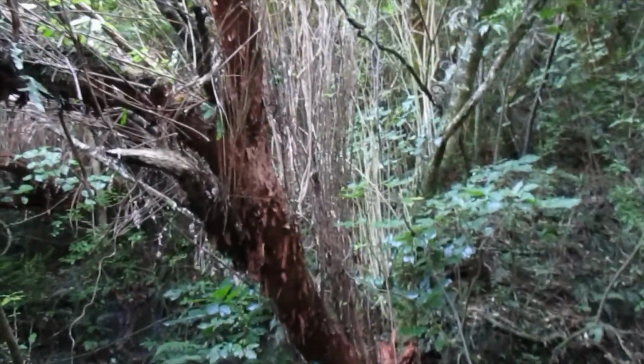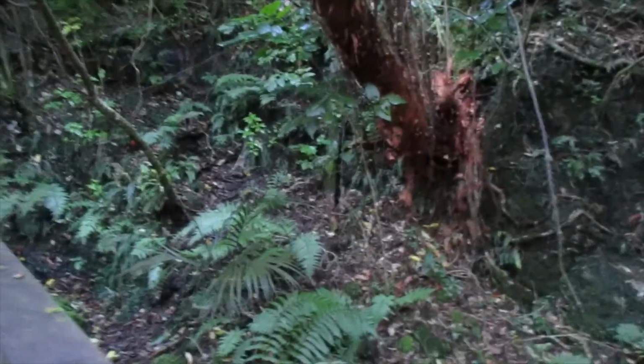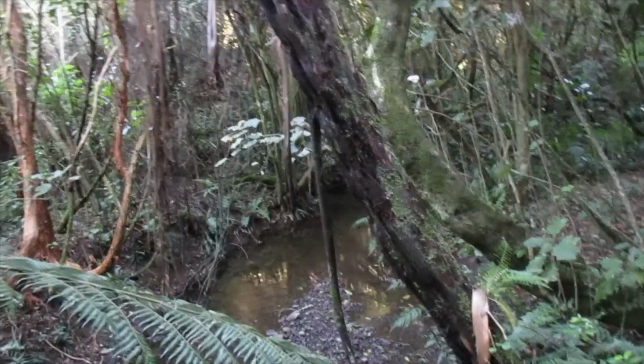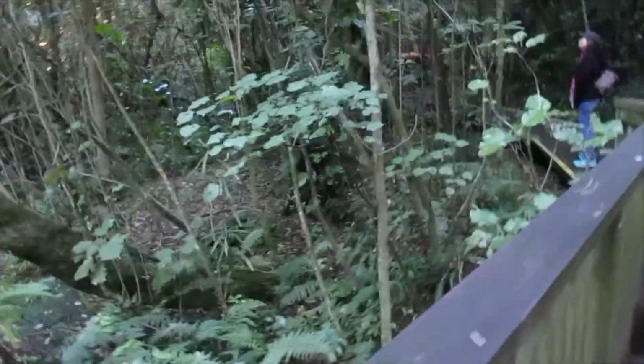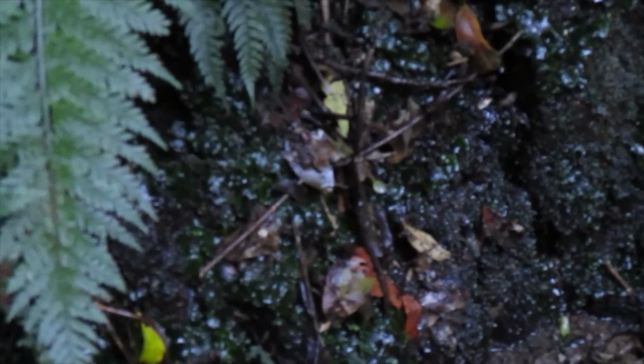Wow. And more water. Always drawn to water. There must be a plant. And here we have some liverworts. The green stuff down there that sort of looks all slimy, and